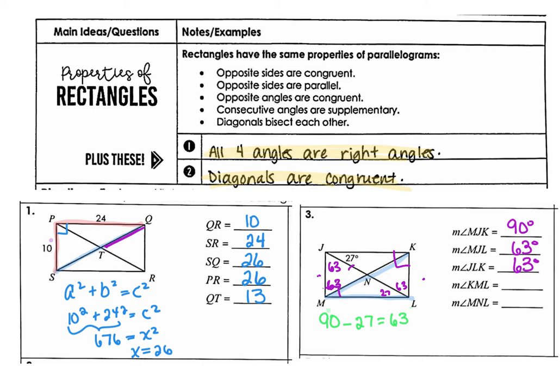So I actually create this isosceles triangle. So my base angles are the same, right? And I create this isosceles triangle, which means these base angles are the same. So rectangles also create isosceles triangles. So once you have figured out the angles within one of the diagonals, you have figured them all out, because, based on the proof of alternate interior angles, you know all of them, and you also know you've